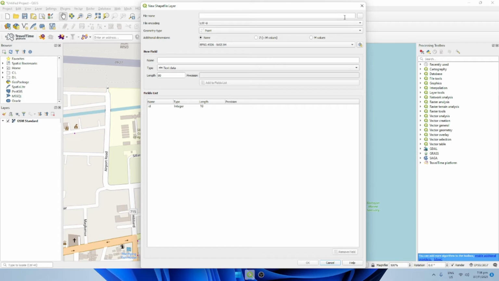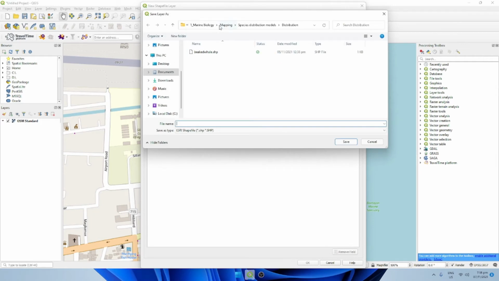So now we want to add a file name for future reference and for future use. You can type in the file name that you want, but it's going to be saved into the directory of QGIS, and it might be difficult for you to look for those elements in the future. So what I like to do is click here on the three dots, which is the browse option,